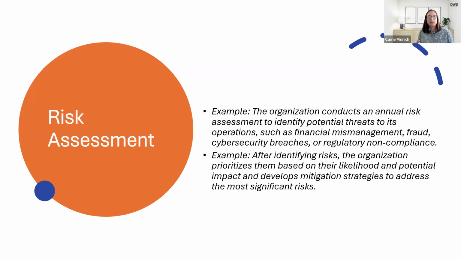So you want to see where the risks associated with your organization are, and then what the chance of those actually happening is, and then what's going to be done to prevent it if that happens. So it's a lot of discussion within your organization about what could happen to prevent your organization from accomplishing its mission.